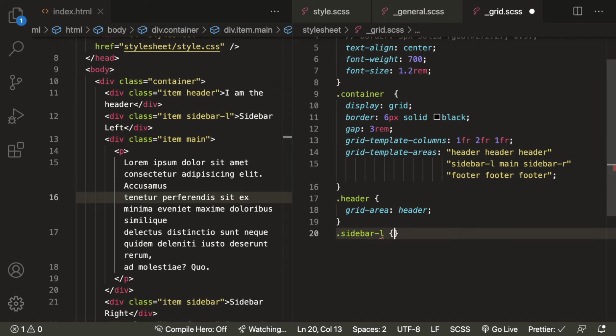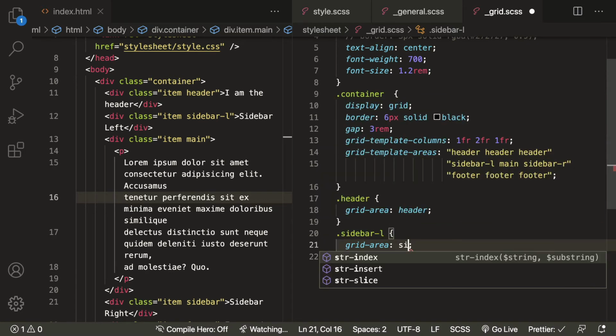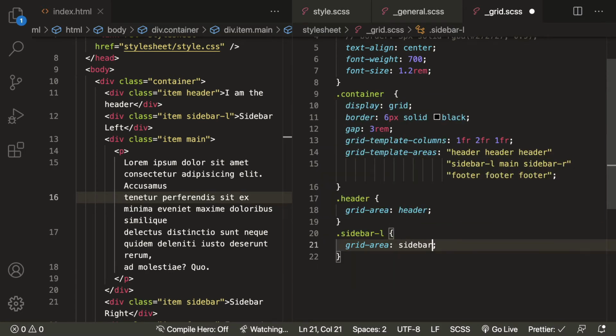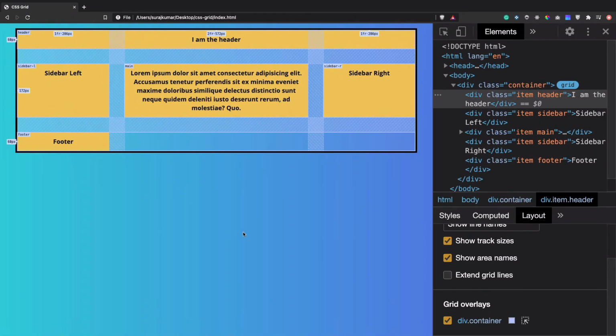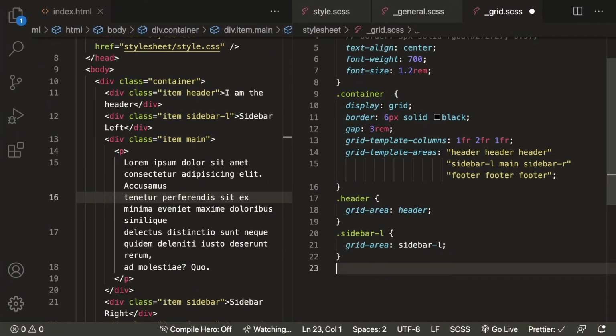For the sidebar L, let's define the area, that is sidebar L, grid area sidebar L. So the sidebar L item will take the area of sidebar L. Refresh, and by default it is there. Perfect.